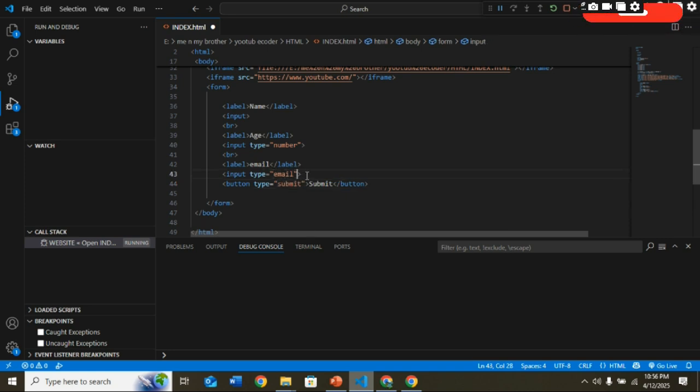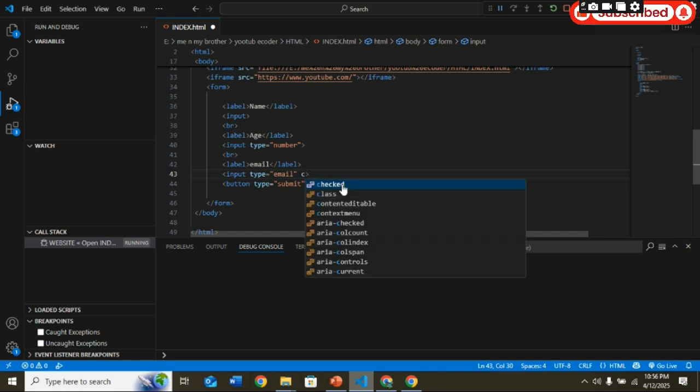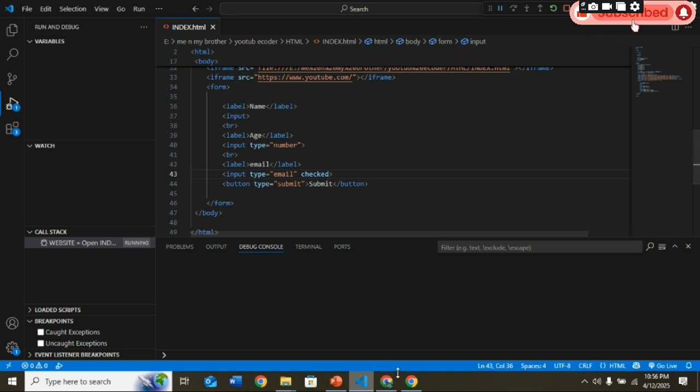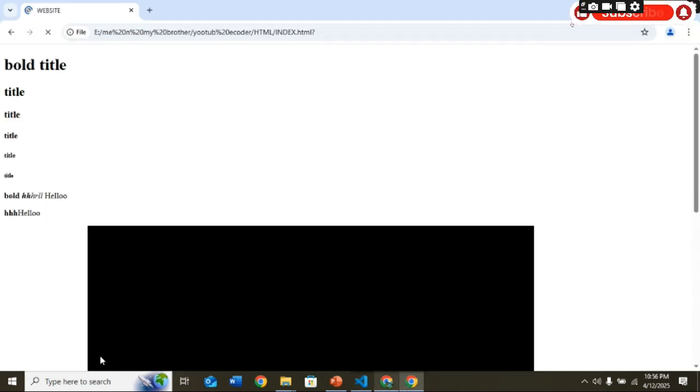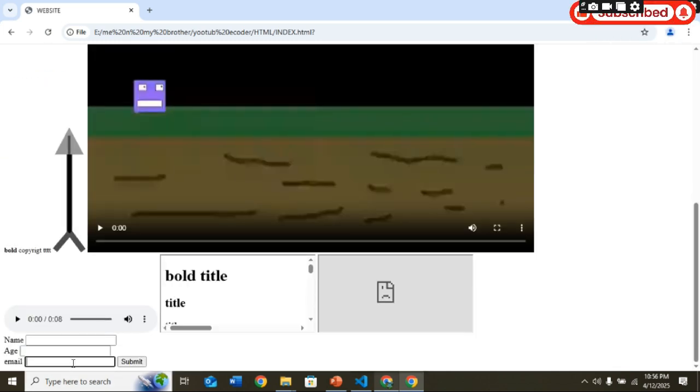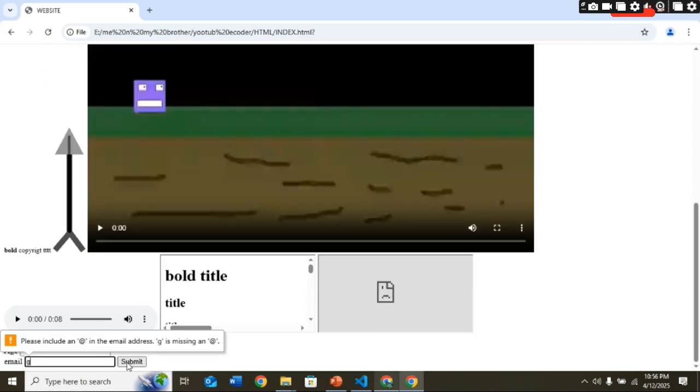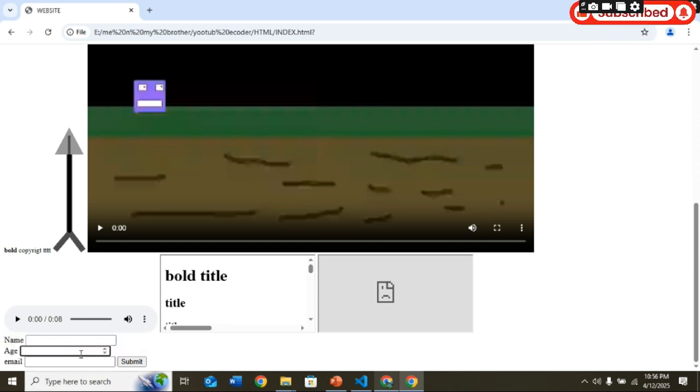Now I'll add something like, let's see, Control S. Look, if I add here submit. Okay,